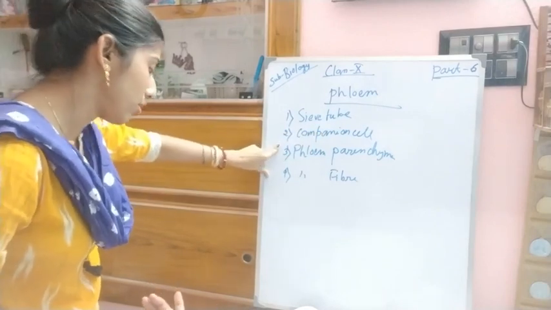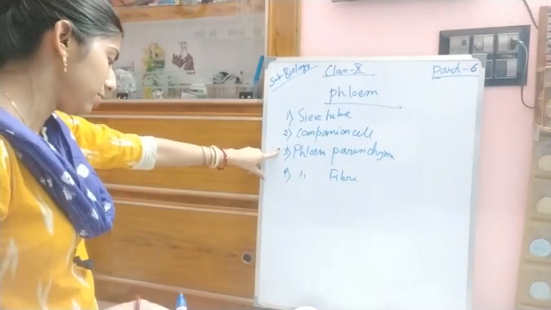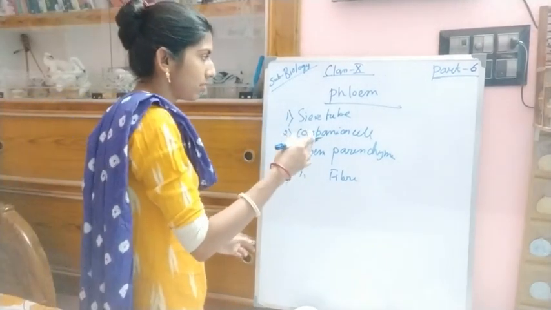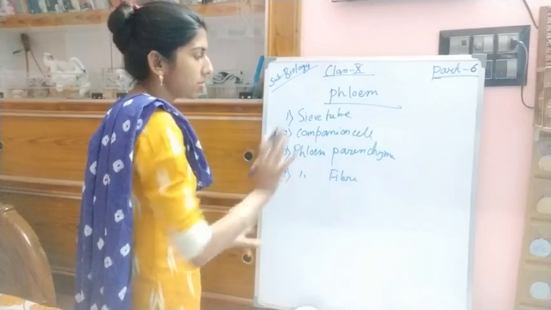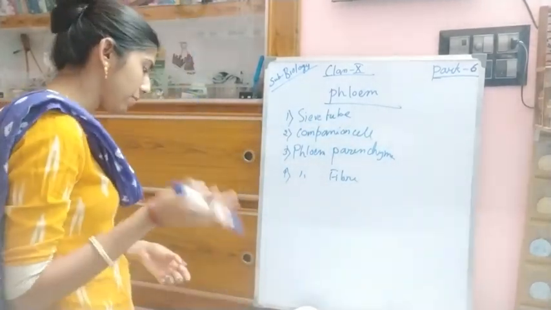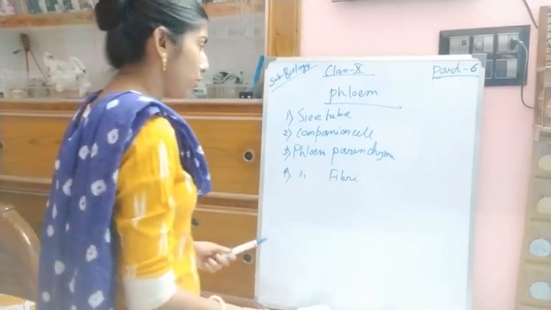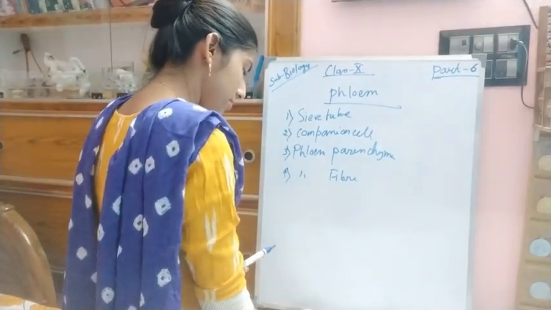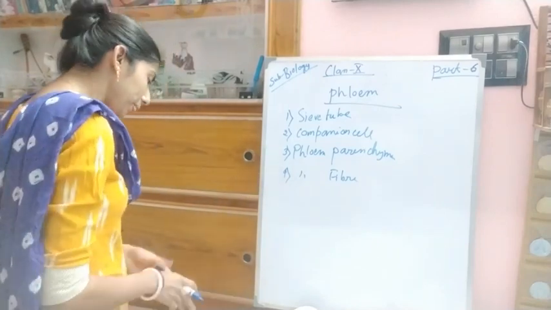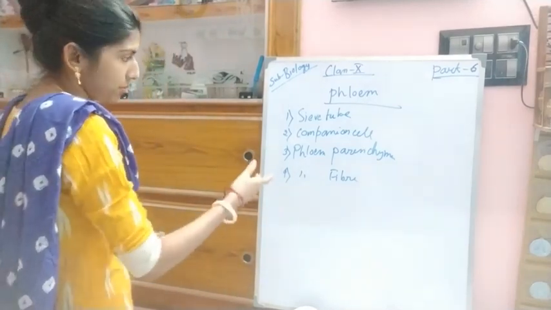And what is the function of the phloem parenchyma? It helps in the storage of food. I have mentioned mistakenly, I have said that in case of xylem parenchyma, it is actually in case of phloem parenchyma. Xylem parenchyma helps in the flow of water, that means it takes part in lateral flow of the water, but in case of phloem parenchyma sometimes it helps in the storage.